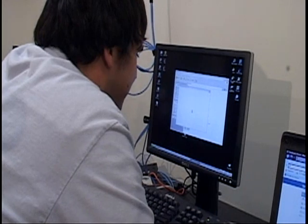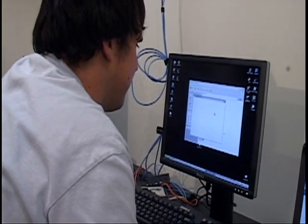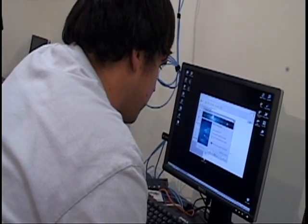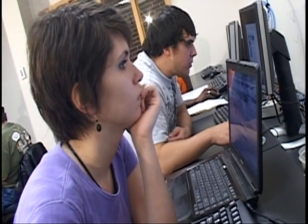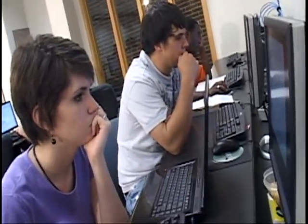Computer's off. That sucks. So because it works by loading, because it'll bring up... Yeah, I don't know what this...